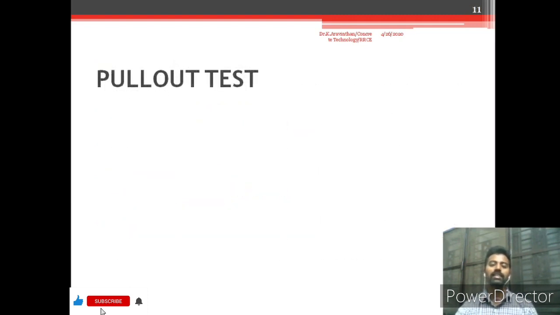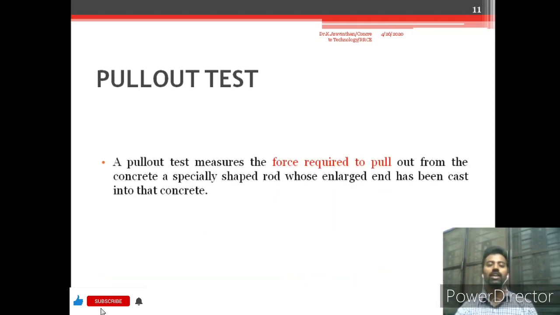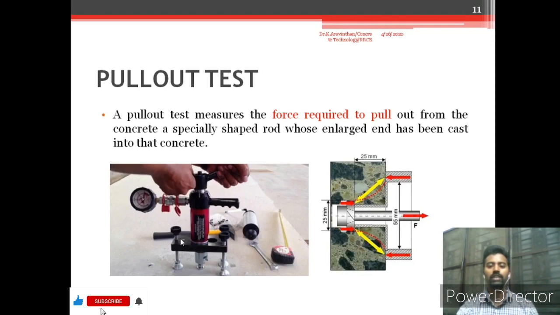Here, this is opposite to the penetration test. What you are going to do here is, say for example, if you have a concrete material, you insert a plunger here. The amount of force required to pull out the plunger from the concrete surface is measured, and the more force required, the more the strength of the structure. So similarly, you can identify the strength of a concrete by using the pull-out test.